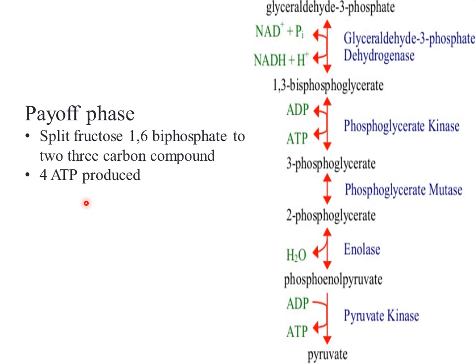So here I will use only the abbreviated term of the respective molecule. In the first phase, 2 ATPs are used, and in the payoff phase, 4 ATPs are produced. So the net gain is 4 minus 2, which is 2 ATPs in the process of glycolysis, and this is common among both types of